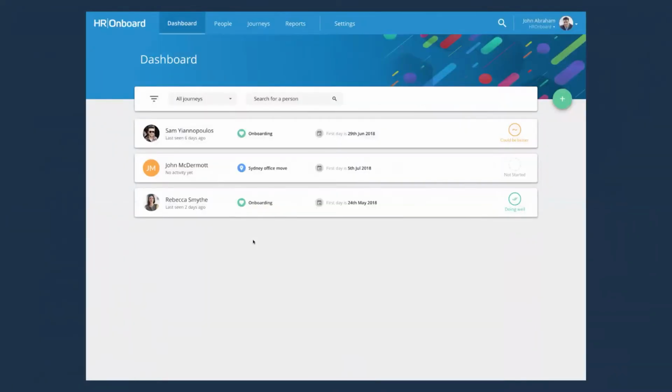So again, the other part of this is monitoring how people are going. And you can see on our dashboard, we show you the people who are on journeys and we give them an engagement score. So you can see here that Sam could be better. We can see John hasn't started yet and Rebecca's doing well. We also have another classification, which is needs attention. And that, again, what we're trying to present up to the administrators and the HR team is really highlight who needs